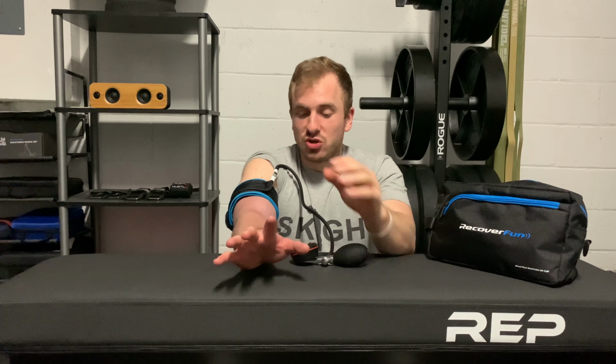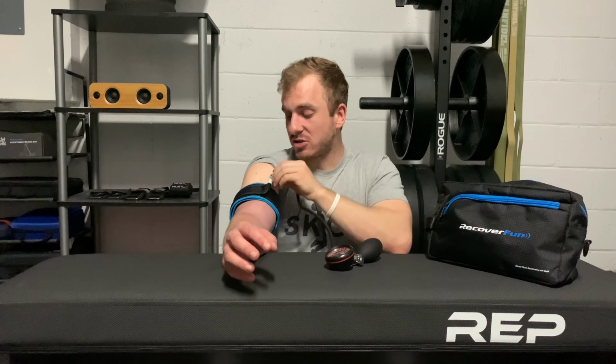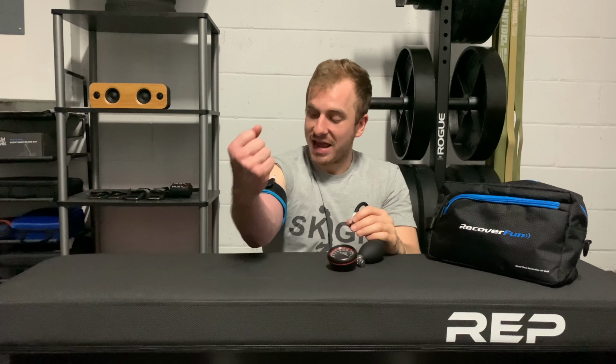I'll even update this video with me actually using it over an extended period of time, but it does what it's designed to do. And if I would want to take this off and do the other arm, that's what this little silver clip is for. So now it's still there. So now I can go, and, oh my gosh,